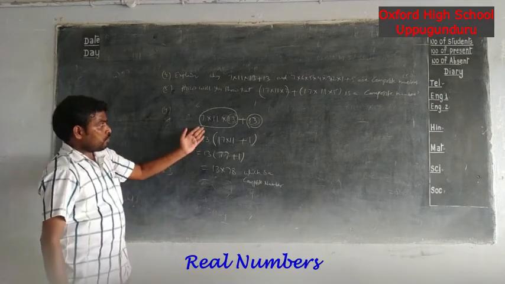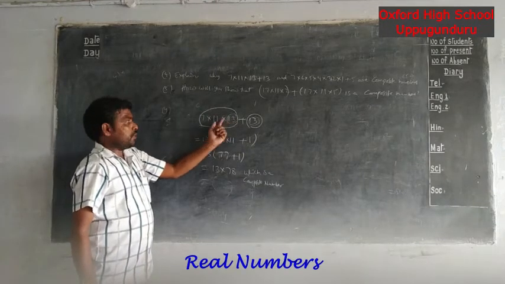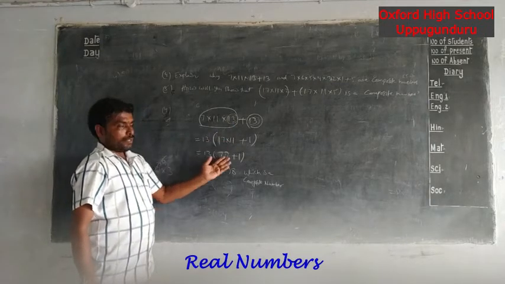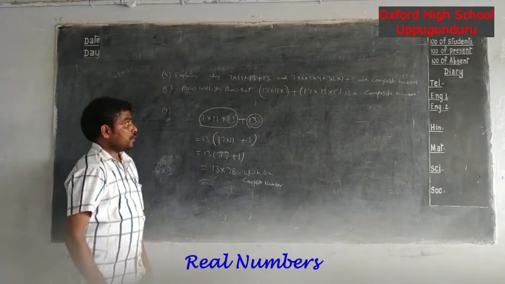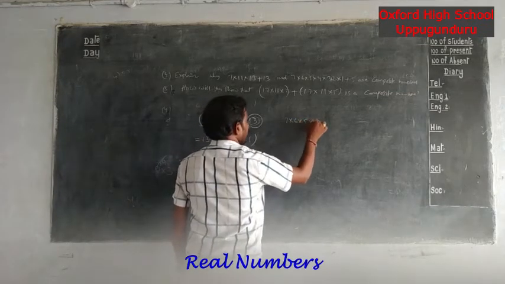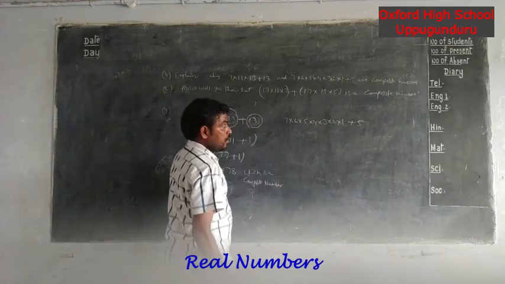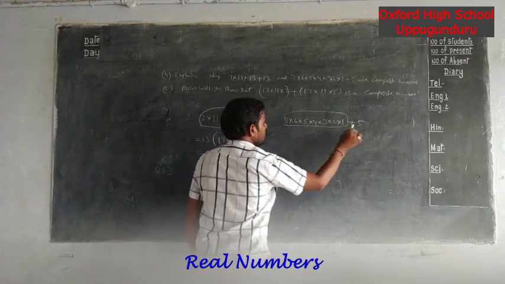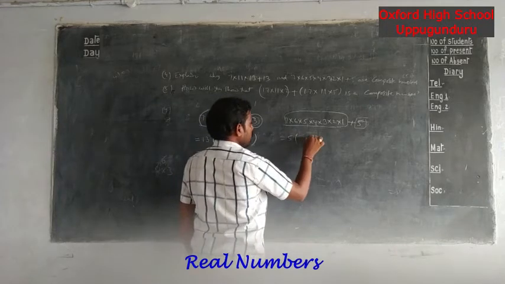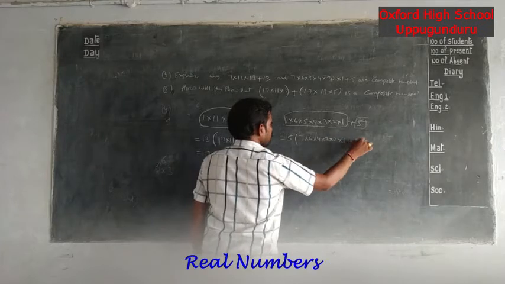So in this problem, what you have done here is simply take common the number which is in both of these two terms, and by simplifying you get that this is a composite number. Similarly, next one also, 7 into 6 into 5 into 4 into 3 into 2 into 1 plus 5. So here this total is one term, this is another term. When observing these two, 5 is common. 5 into 7 into 6 into 4 into 3 into 2 into 1 plus 1.